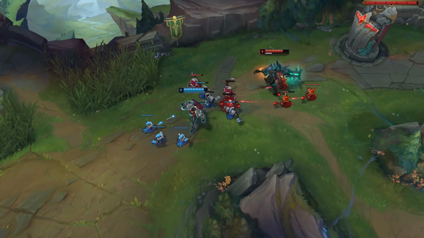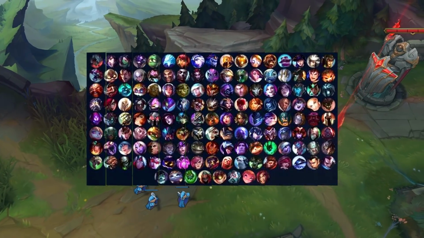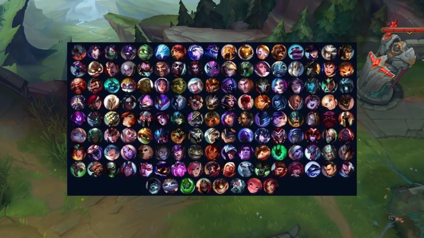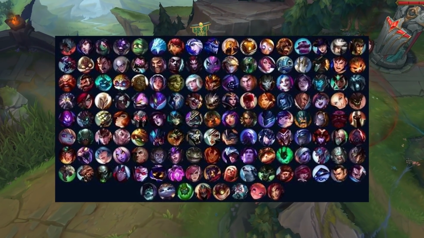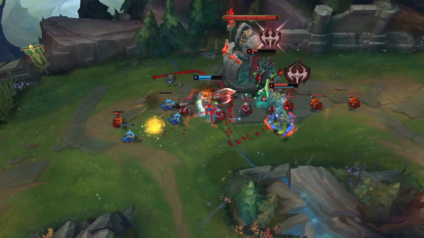With over 150 champions now present in League of Legends at the time of this video's release, that means there's 150 passives, 150 Qs, 150 Ws, 150 Es, and 150 ultimates in the game. And if you take these abilities, mix and match them around, there's literally trillions of different combinations and permutations that